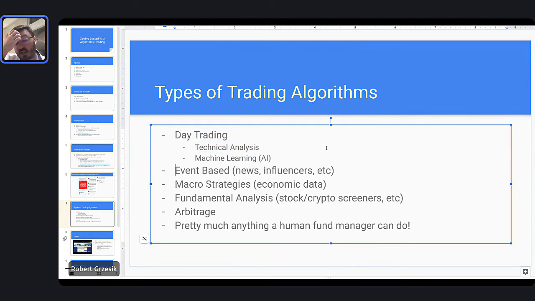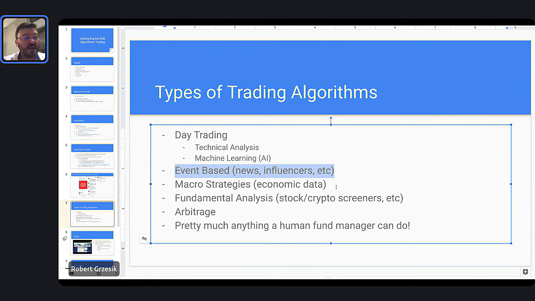In truth, day trading can be a little challenging to make cash just because you're fighting against the tide. You're fighting against a lot of trading fees, right? So there are other ways that you can make money as well, right? So event-based algorithms can be quite profitable. I could tell you anecdotally, one of our past students recently told me about how he's making something like 400 or 500% a year doing event-based algorithms.